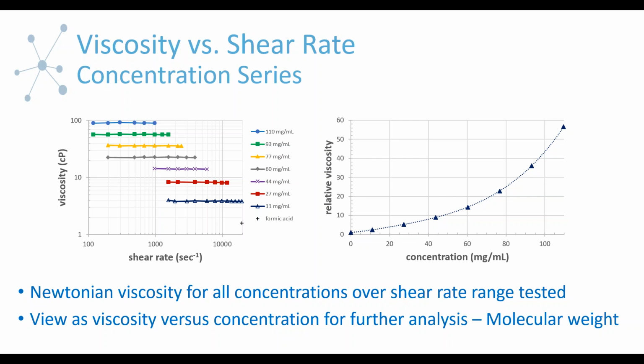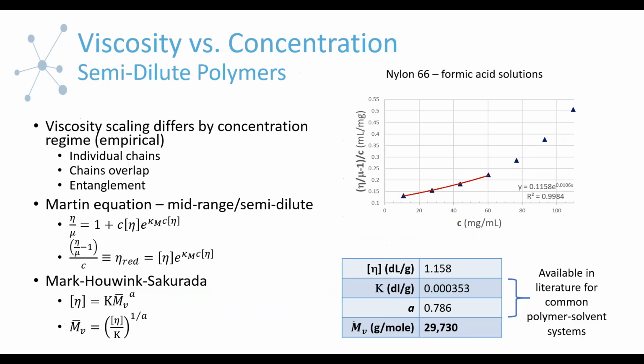The reason we do this is because there's a simple, straightforward analysis that we can do to extract the molecular weight from this data, because we didn't know what the molecular weight was ahead of time. So that was a benefit of this measurement. If we then focus on our viscosity as a function of concentration, when we were doing this, we didn't necessarily think ahead to do concentrations low enough to do a formal intrinsic viscosity analysis. There wasn't quite enough data in that region, but